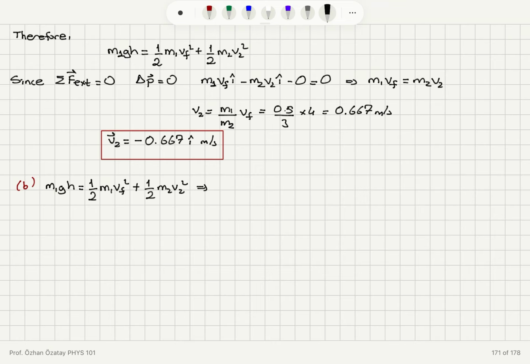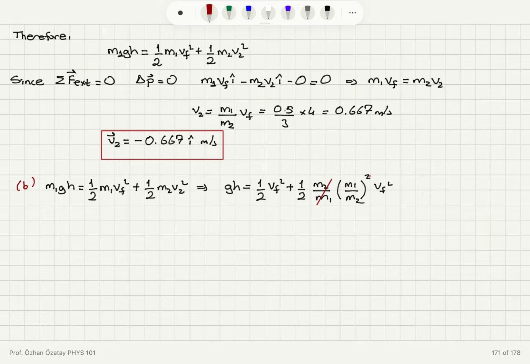If I try to isolate h here, this tells me g h is 1 over 2 v final squared, dividing both sides by m1, plus 1 over 2 m2 over m1 v2 squared. Now v2 was m1 over m2 v final, so it is m1 over m2 squared v final squared, and m1 over m2 squared is going to get rid of m2 over m1,